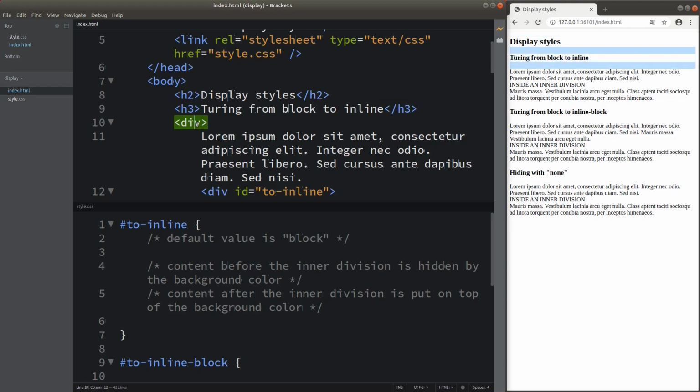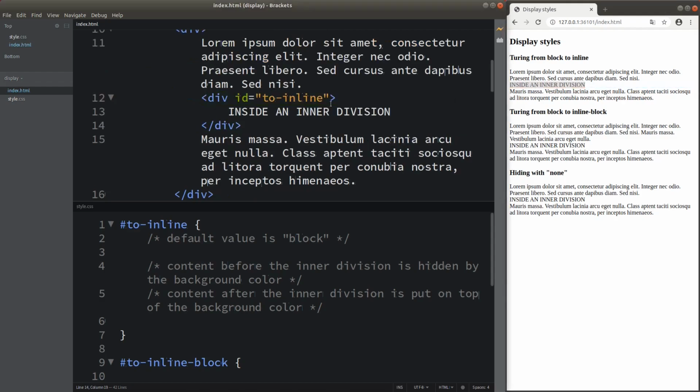Also when I click on the division tag here, you can see that the highlighter is able to help me indicate the entire block. So in general, elements are displayed in the block mode. If I want to change the display mode for a particular division, for example this one, how can we do this? We can have a number of ways. The first way to talk about is the inline mode. Let me try to demonstrate it now, first on the first inner division.